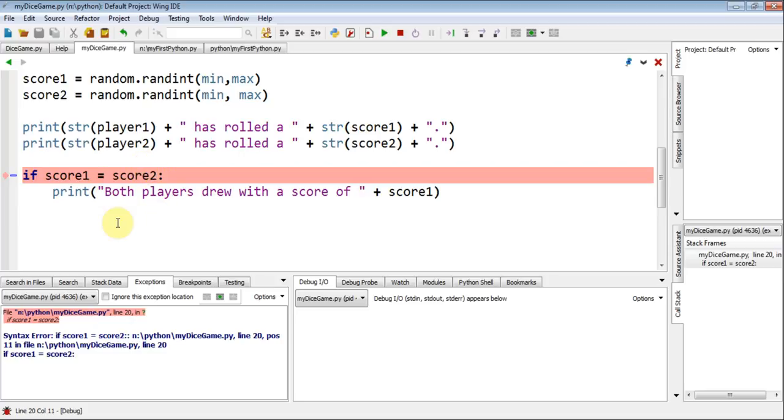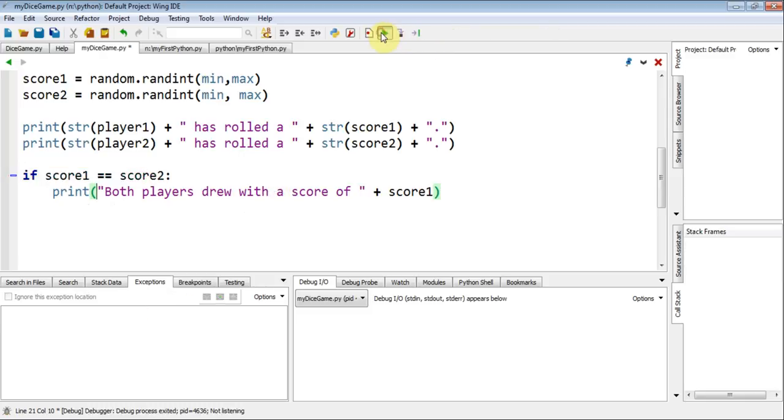And I remember now. A single equals is an instruction saying score 1 will become equal to score 2. But what I want is a question. And for questions, we use a double equals. So now it's saying if score 1 is equal to score 2. So I stop my code up there, I run it now,